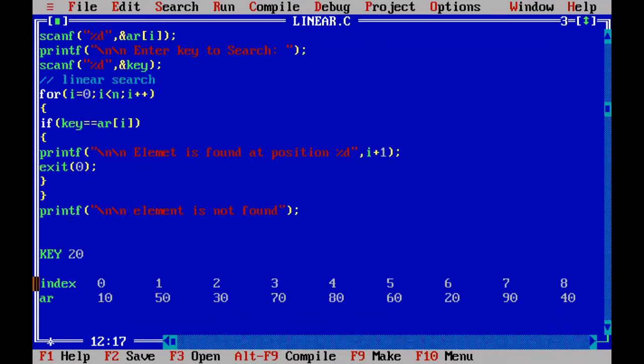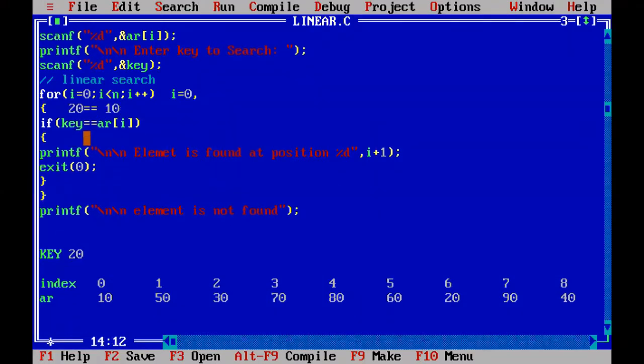What is the ar of 0 element? 10. And we are comparing with 20. What is the key value? 20. Is the 20 equal to the ar of 0 index? First time the i variable is 0 here. Then ar of 0 element is what? 10. Is the 20 equal to 10?